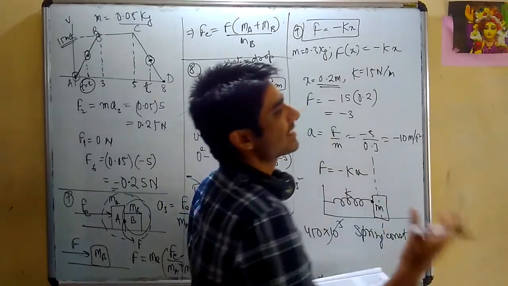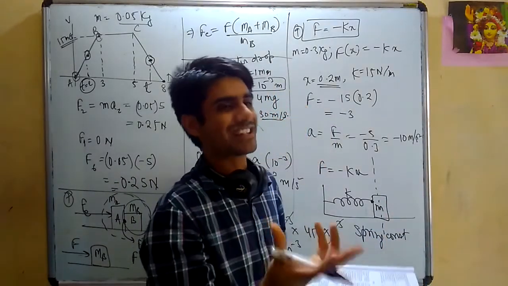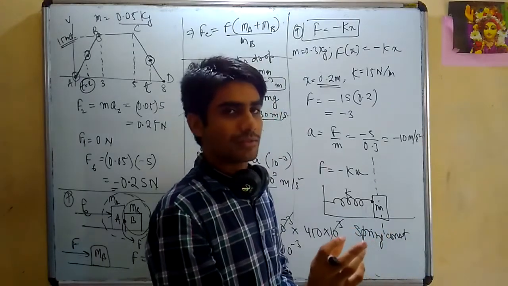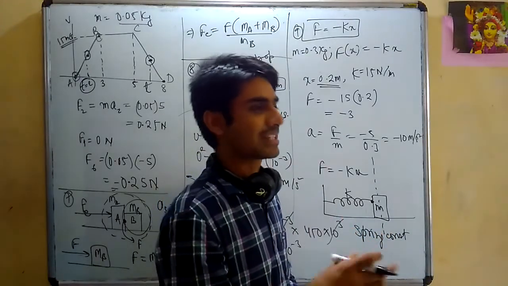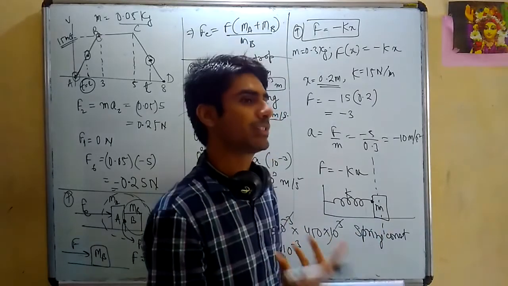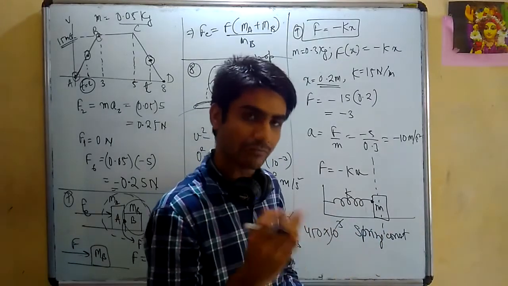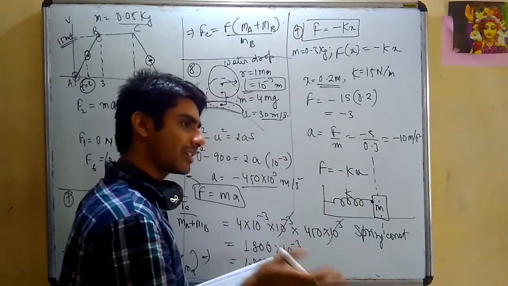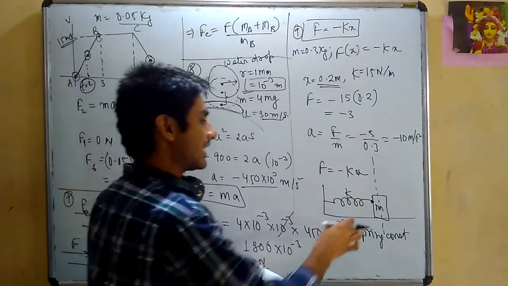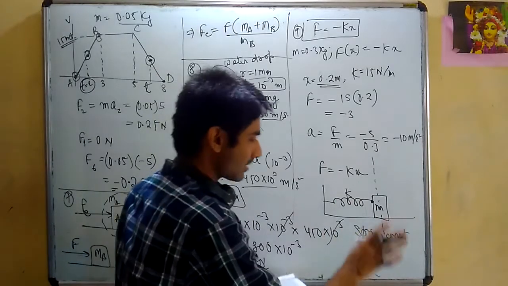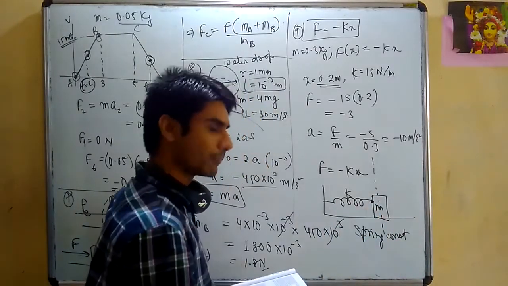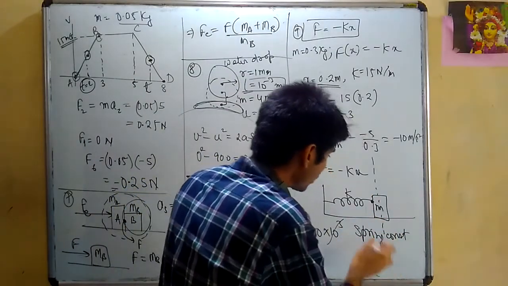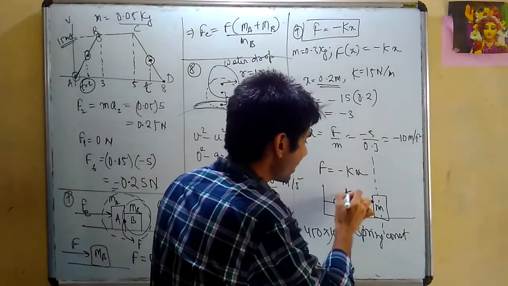Spring constant is just like, say for example, a person has a mass, a person has a volume. Everything has some characteristics associated with that particular thing. In a similar way, a spring has an associated characteristic, and that is called the spring constant. It is a constant for a particular spring. Different springs have different spring constants. It is denoted by k.